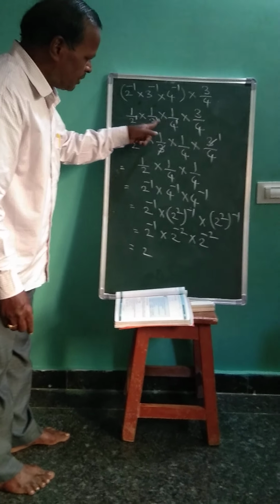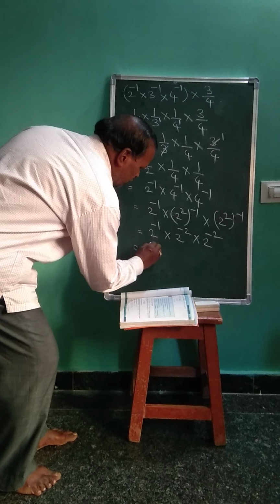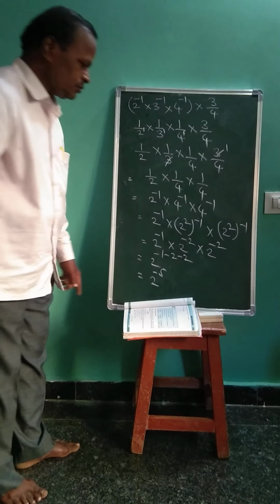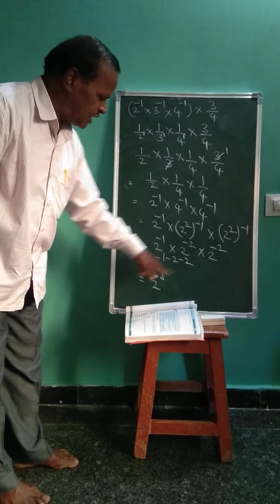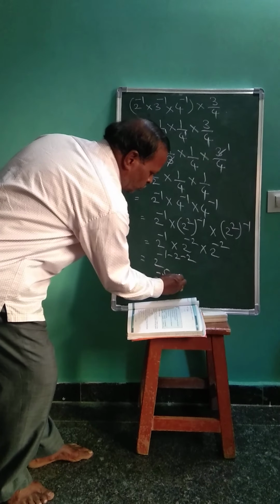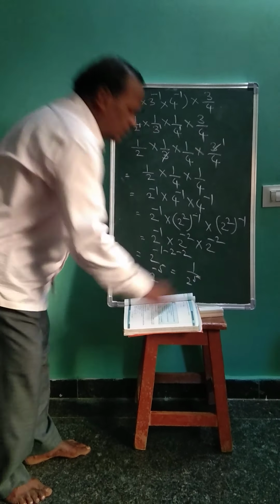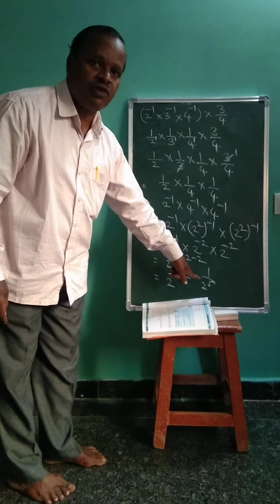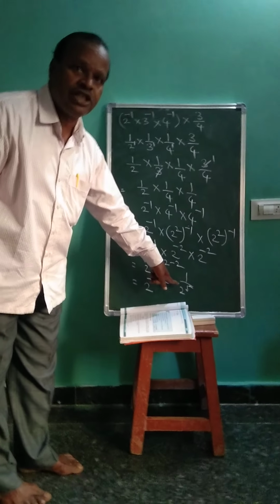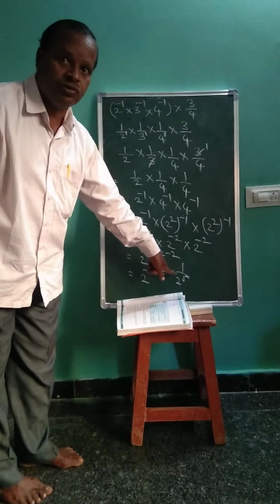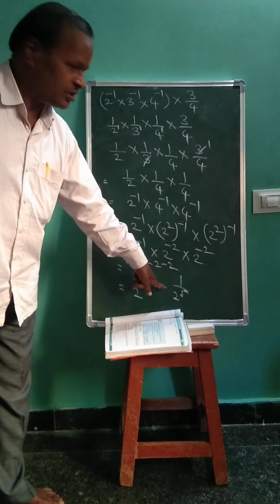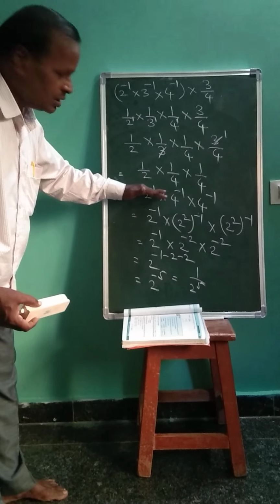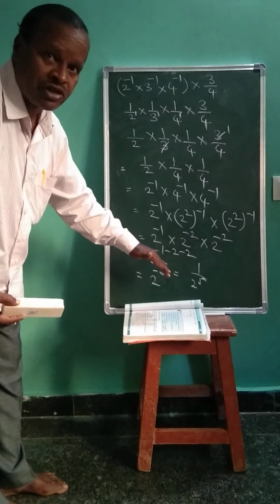So a power m into a power n is a power m plus n. You see, the first property we have used in this problem. So 2 power minus 1 minus 2 minus 2, that is 2 power minus 5. Minus 1 minus 2 minus 3 minus 2 minus 5. 2 power minus 5 means 1 by 2 power 5, multiplicative inverse. The value also we can find: 2 five times means 2 2s are 4, 4 2s are 8, 8 2s are 16, 16 2s are 32, so 1 by 32 also we can write as the value. But here only simplification is asked. This is one method, a power m into a power n is a power m plus n.